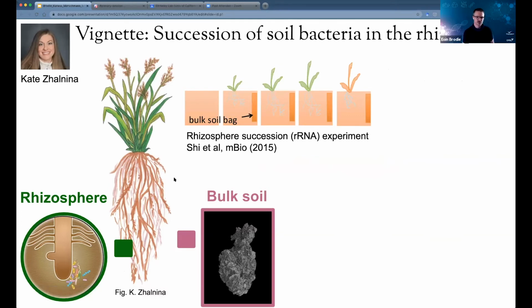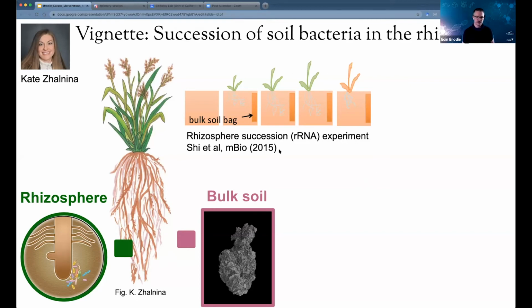And I realize we didn't introduce all of the necessary terms to this point. Here's the root zone of the plant. The area adjacent to the root zone under the influence of the root is called the rhizosphere. Areas out of the influence of the root zone directly over here would be termed bulk soil. And you might expect that organisms living in the bulk soil would mostly subsist on dead plant material or decaying organic matter, soil organic matter, while those directly in the rhizosphere might subsist on root exudates, so the monomeric substrates that Ulas was talking about for transporters.